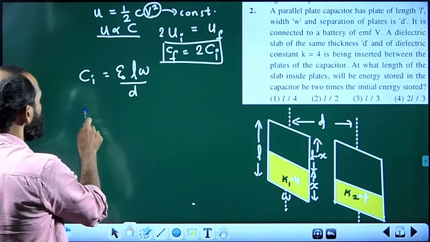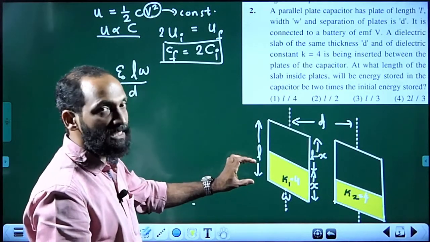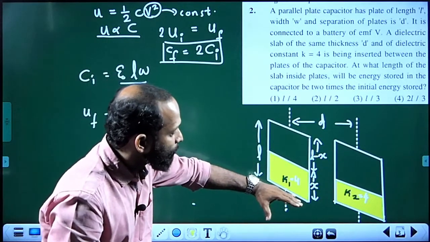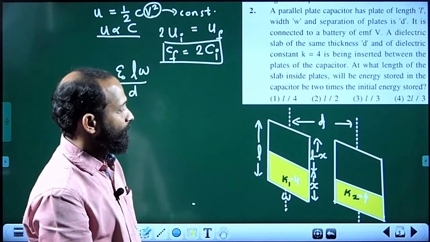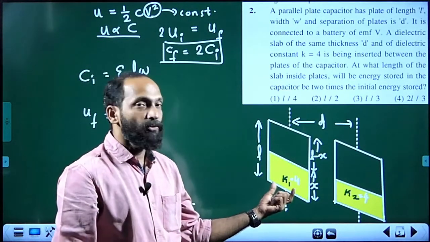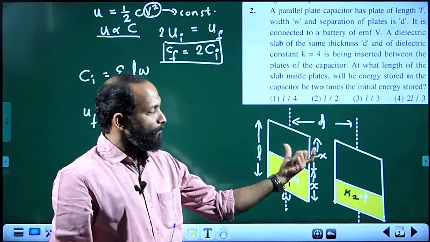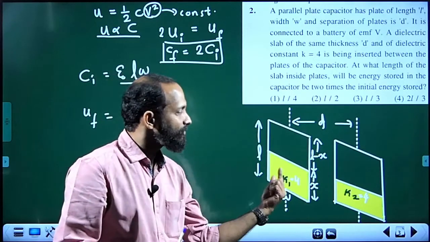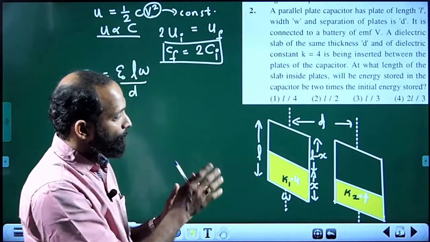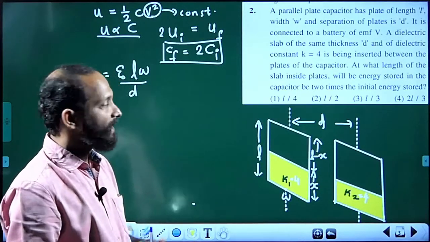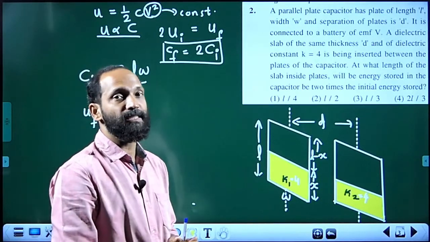Okay. Now, what about the final capacity? Final capacity is looking like this: the dielectric is inserted from the lower portion to the higher portion and it is filled up to distance x. And the separation of the dielectric filled portion of the capacitor and the other part will be the same, d remains same, but area is shared. When area is shared, these two different media having different dielectric properties are two different capacitors and they are connected in parallel.